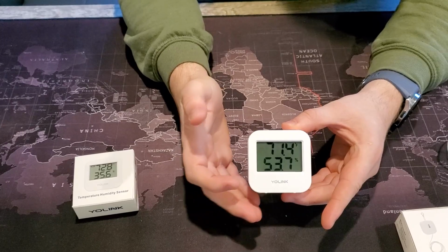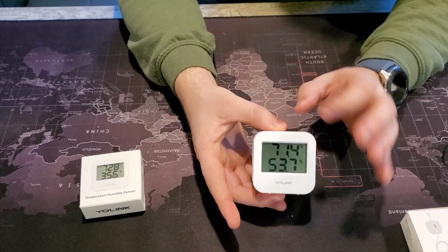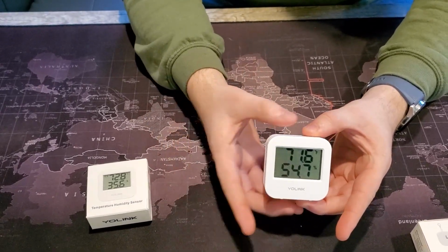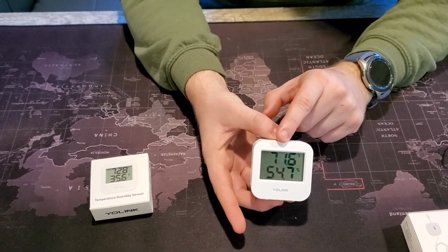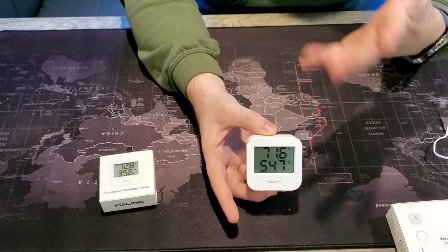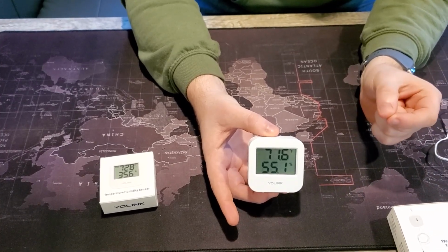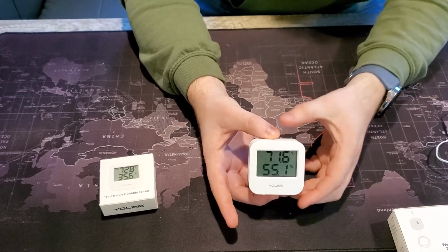You have your temperature on top, humidity on the bottom. This is accurate to, like, if it's on your wall, it will adjust by like 0.1 degree actively. Your app will have a little bit of lag. So if you're looking at this number and you're saying, wow, it's not matching my app, if you actually look on the bottom of your app, it'll tell you the time that it was updated, because it doesn't update every single second. So there'll be a little lapse in there, but the temperature is pretty close,